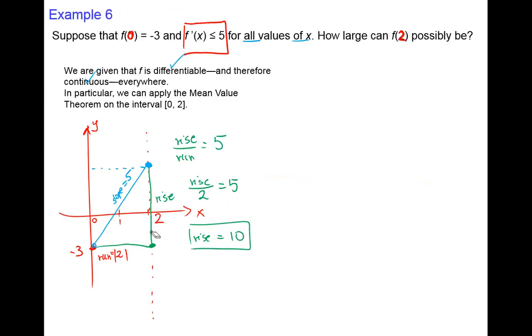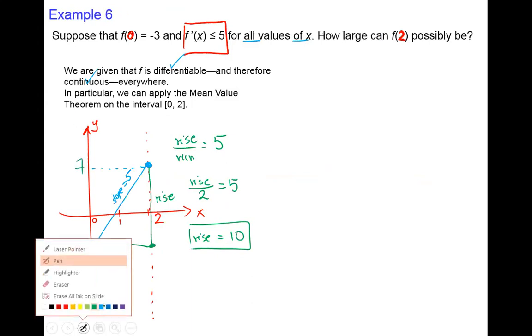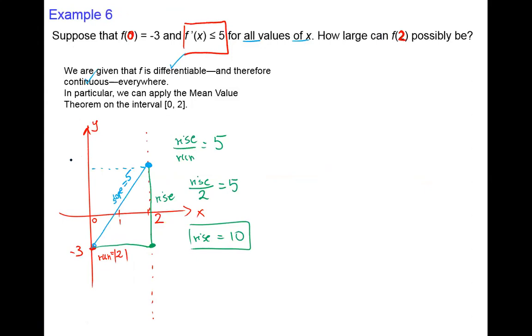But let's just see, the whole green line must be 10. And we do have 3 units below the x-axis. That means we need 7. I can actually use the blue color. 3 plus 7, of course, is 10. That means the maximum value of f(2) is 7. Now we can see how easy it is to figure out, and it's nothing complicated, and I would even say nothing